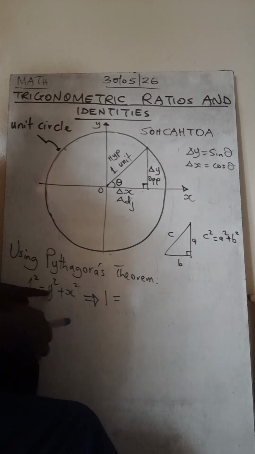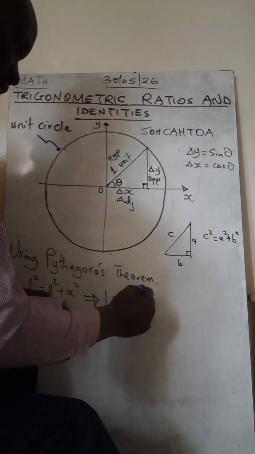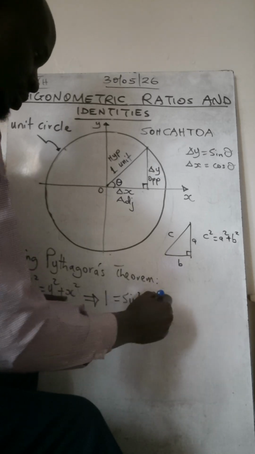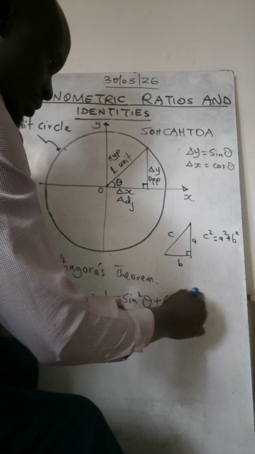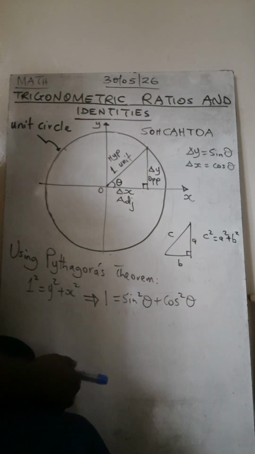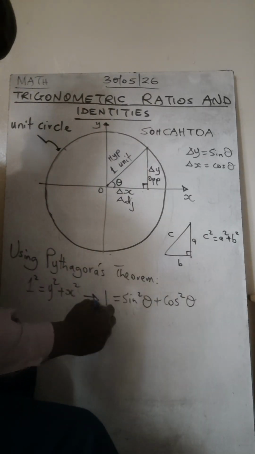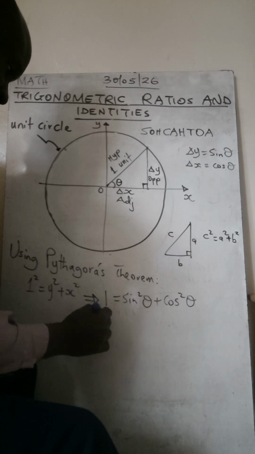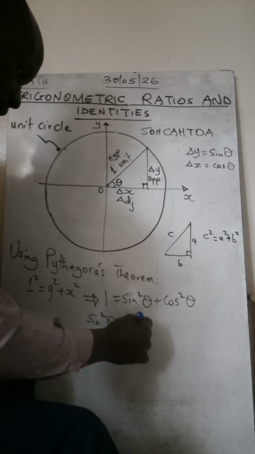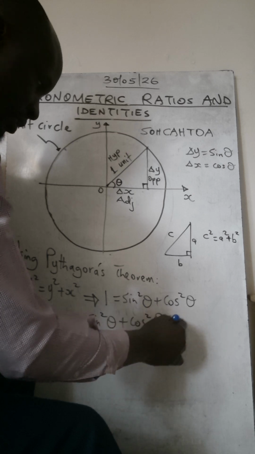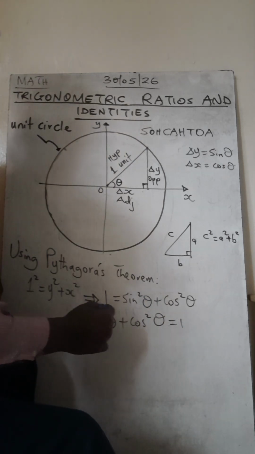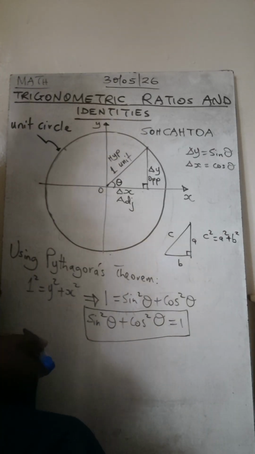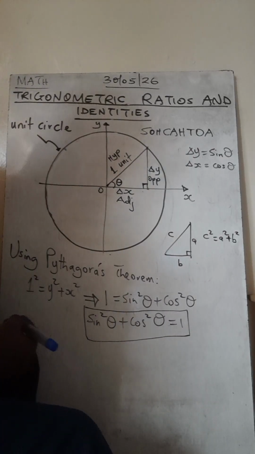So 1 equals sine squared of theta plus cosine squared of theta. You can reorganize this one to look this way: sine squared of theta plus cosine squared of theta equals 1. And this is another very important trigonometric identity that we are going to use along